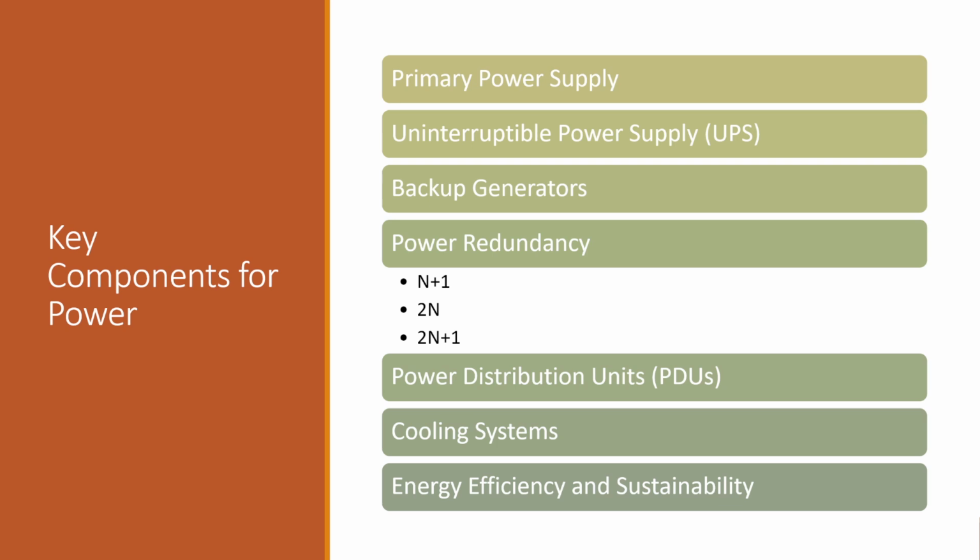Not only are they going to provide constant power, they're going to provide clean power. So there's things where we could have power spikes or power dips, such as brownouts, and UPSs will even out that power distribution for our servers, so that way we will not be affected by them. We'll use backup generators to provide long-term power during extended outages, and these generators need to kick in for an extended period of time, and they typically run on diesel. There are some that run on natural gas, but backup generators are needed because the UPSs are only for short-term